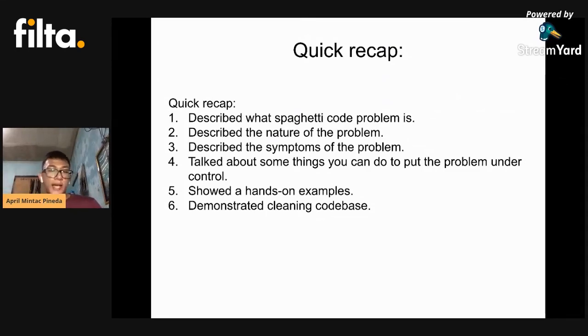And then we also showed a hands-on example of what a spaghetti code versus a clean code would look like. And we also demonstrated cleaning a code base, a very tiny code base, and sort of cleaning it to make it more